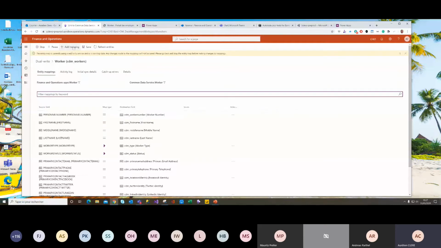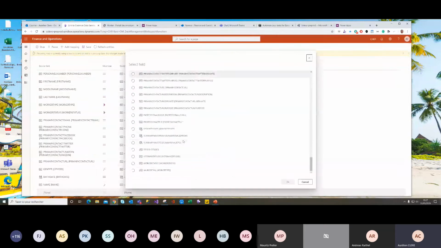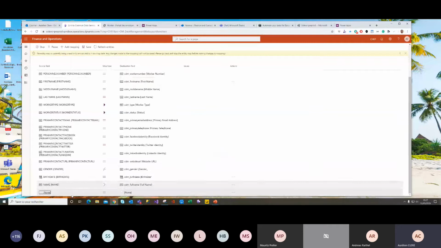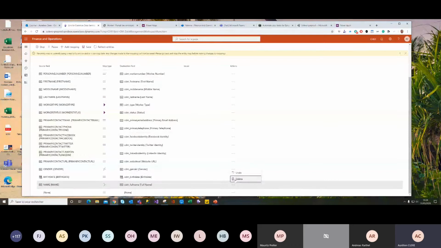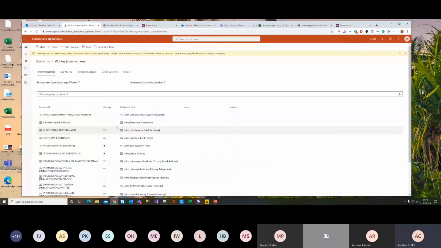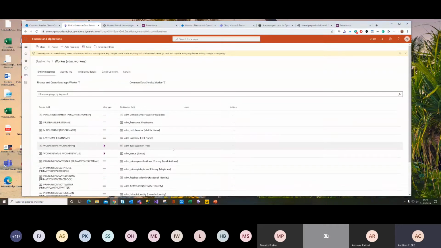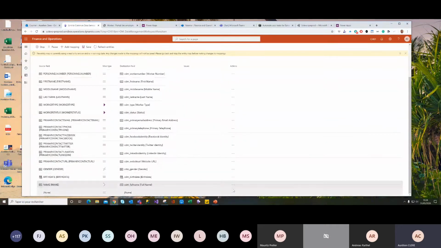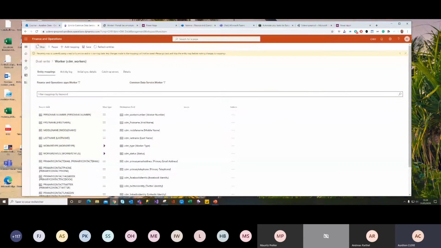As I said, you can add a mapping at the end, and you can add your own custom fields that are not in the standard mapping from Microsoft. So really, you can do that. You can delete, of course, if you don't want to sync a field, the entity mapping that Microsoft has done for you. You can delete every field you want and just add what you want, but they have done a lot of work.